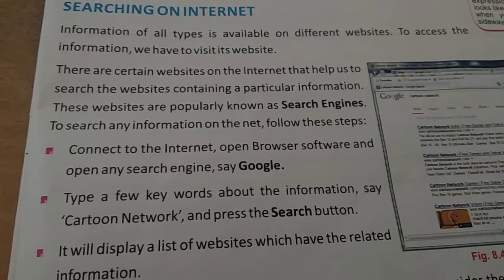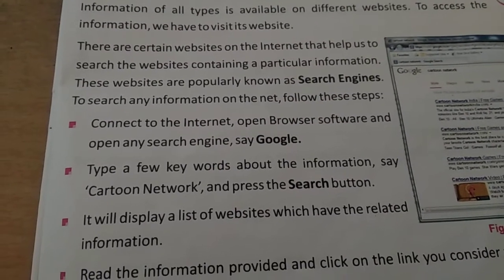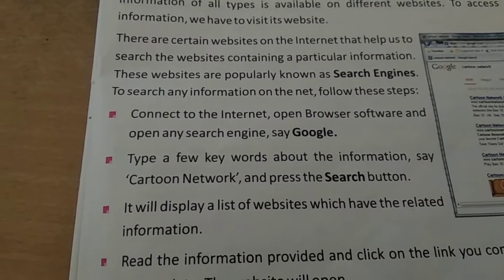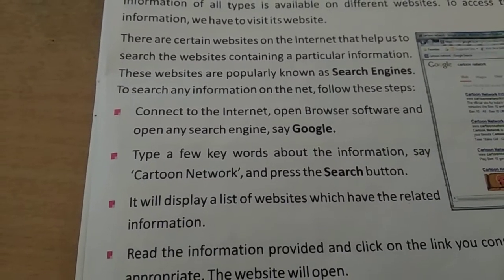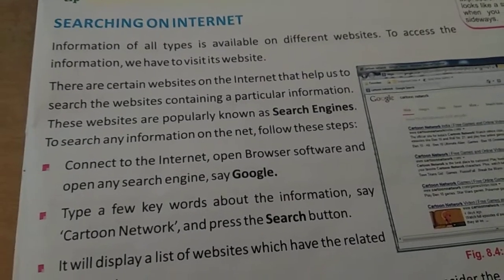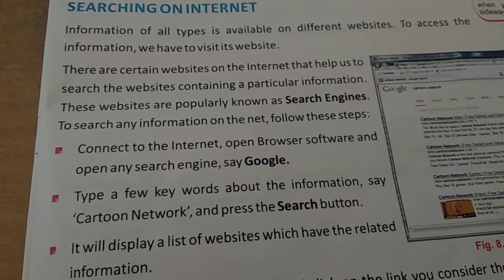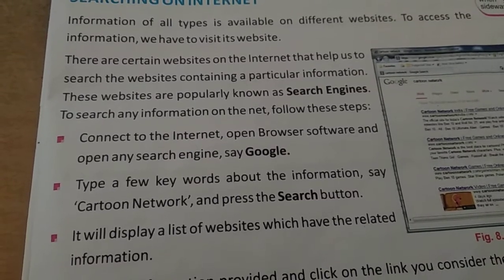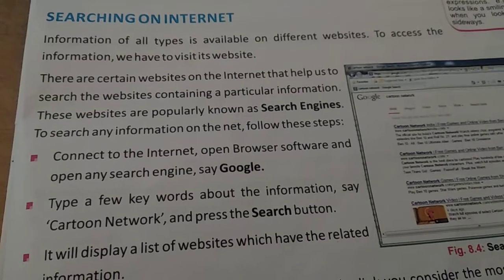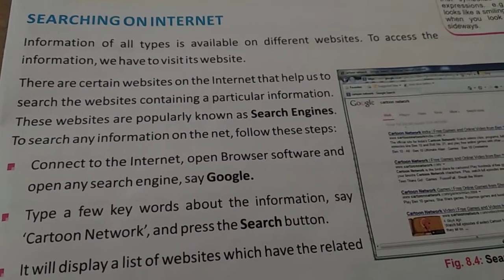How we search information. As you all are very smart and are using smartphones and using the internet also, so you better know how to use the internet. Searching the internet is very easy. Going to Google, we just have to write the information about anything, and we can get information about that topic.